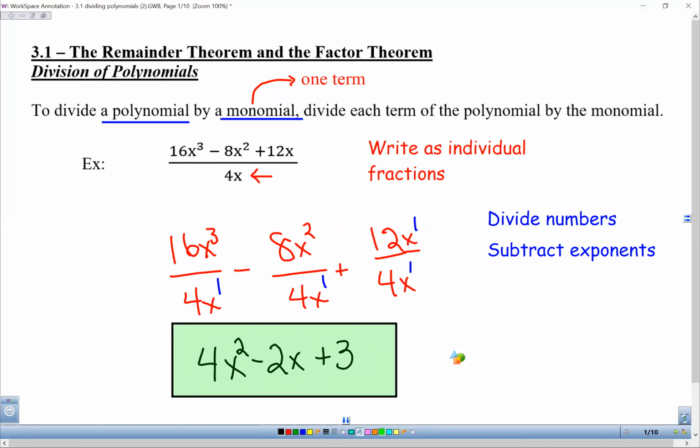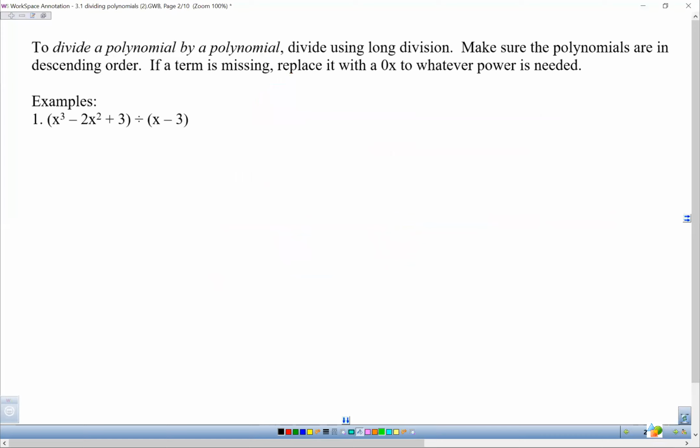Okay. So we're not going to do a lot like this with just a monomial. We're going to be doing more of dividing a polynomial by another polynomial. So multiple terms divided by multiple terms. Okay. Now, there are 2 ways to do this, and I'm going to go through each one. The first one is